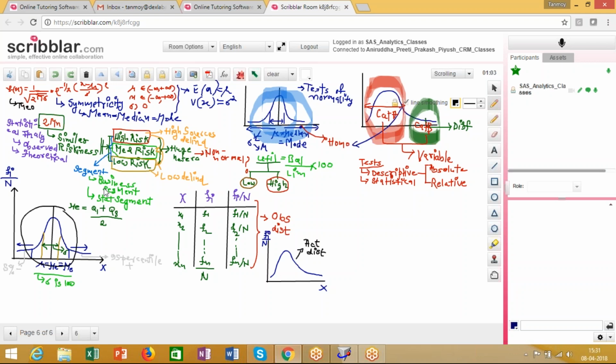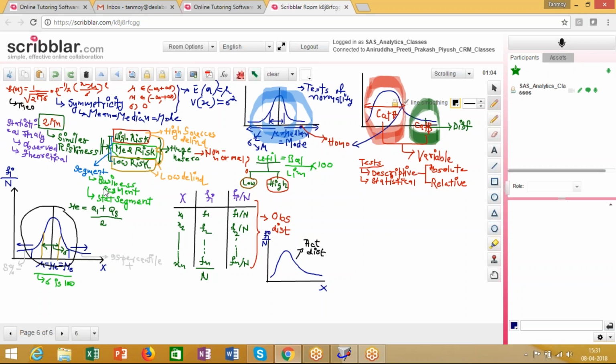What we'll do is compare the observed relative frequency distribution with the theoretical value, and from there we'll take our decision whether that variable follows a normal distribution or not. Clear? So by comparing the actual and the theoretical distribution, we will try to decide whether the distribution should be